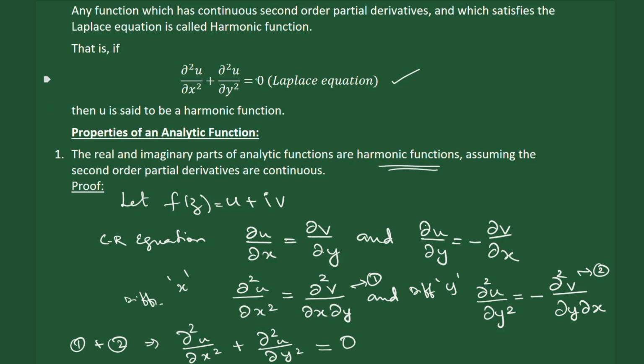Which means that u satisfies the Laplace equation, and hence we say that u is harmonic, which means the real part of the analytic function is harmonic. Similarly, we can prove that the imaginary part v is also harmonic. So if we prove both u is harmonic and v is harmonic, we can conclude that the real and imaginary parts of an analytic function are harmonic functions. So this is property number 1. Next is